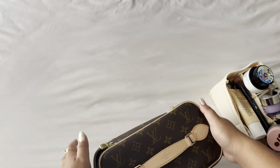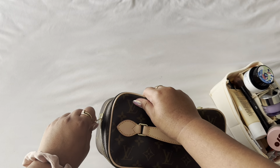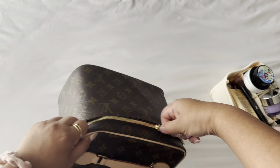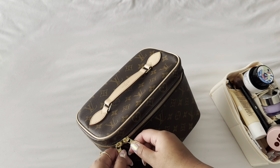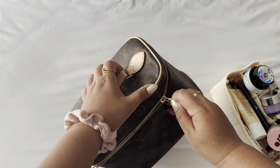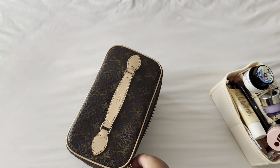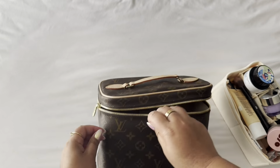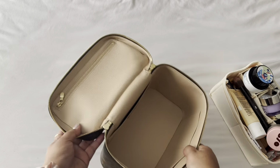But okay, this is a con of mine. I think it's annoying how I have to put my hands on it to close it. That just might be, see, you have to move it around a lot to close this. I mean, the zipper is fine. I think it's just the shape of it that's kind of annoying because you have to go through corners to get it unzipped, but maybe that's just me being picky. That's kind of annoying if you're a no fuss kind of person. But